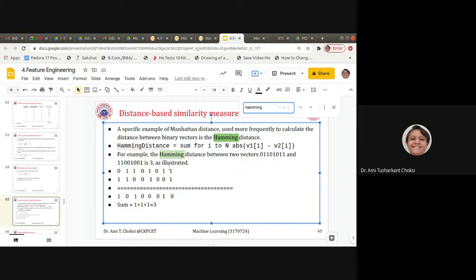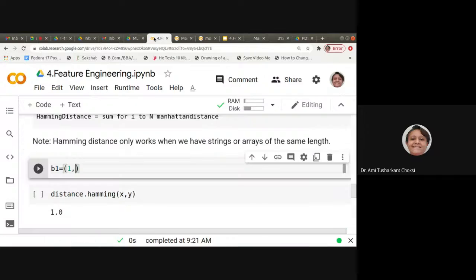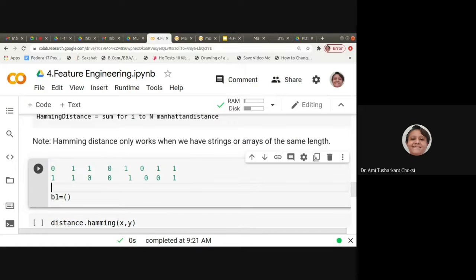Yeah, here is the example. This is our first feature vector. Let me copy from here. Same example. We'll have to put the comma, because this is a tuple, it will not work if we are not putting comma.